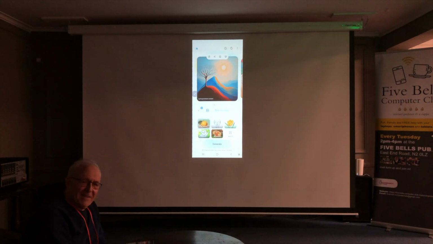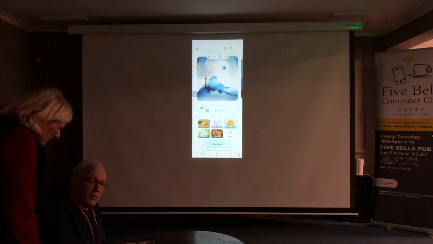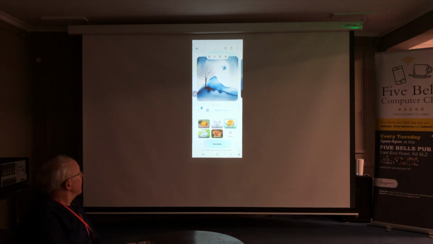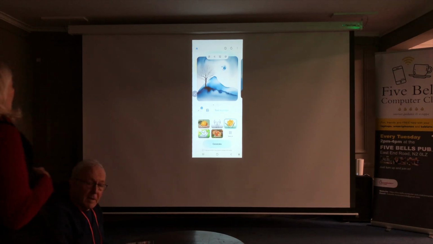Oh, wow. Brilliant. It's not the program, it's me, I can assure you. Right, there's the watercolour version. There's the text to image. There's the text to image box there. If you type in that box there,